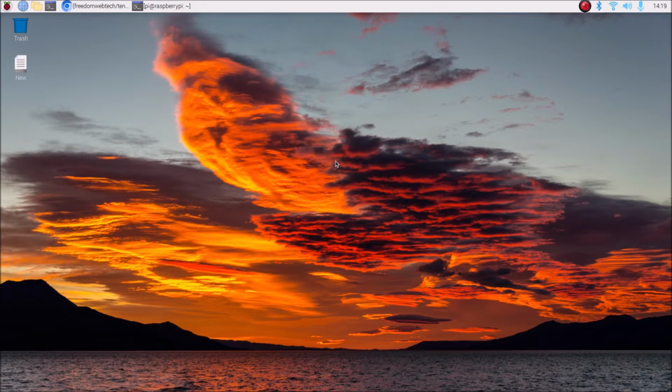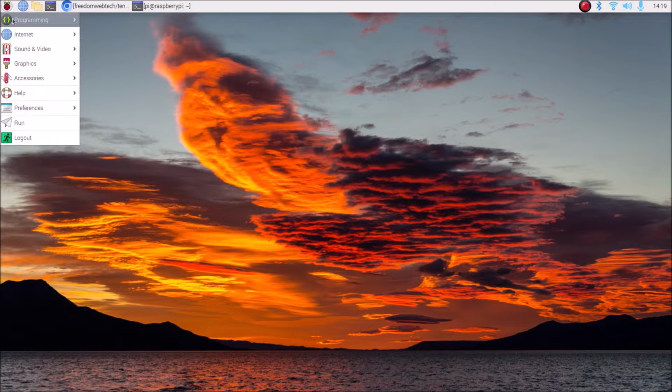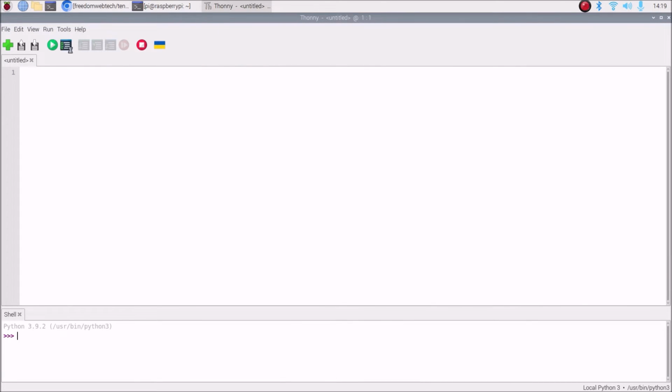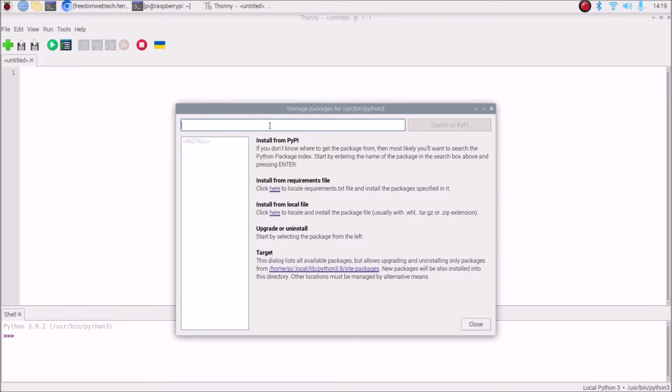So friends, as I mentioned, today we are going to create our own custom object detection model for TensorFlow Lite on Raspbian OS Bullseye 64-bit version. For that, simply first go here in menu, programming, Thonny. We want to install the latest OpenCV on our Raspbian OS Bullseye 64-bit version. Simply go to Tools, Manage Packages, and search for